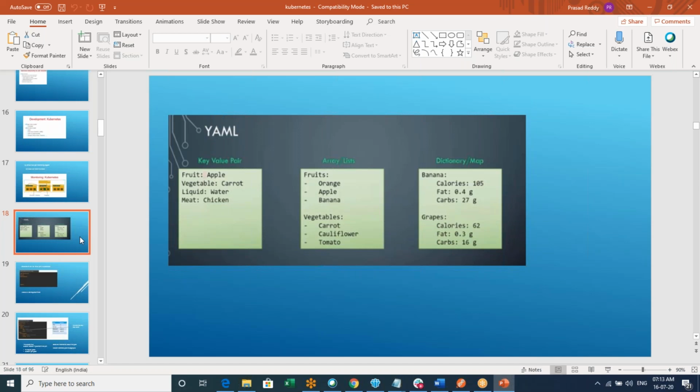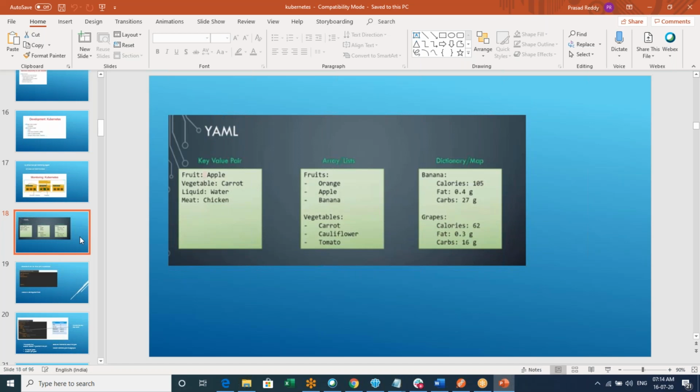Then we have the dictionary. If you observe the dictionary here, it's like banana with calories, fat, carbs. So calories, fat, carbs are part of banana. Why are we saying that? The reason is there is a space; they are not on the same line.